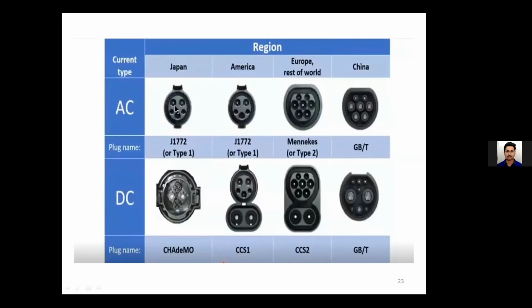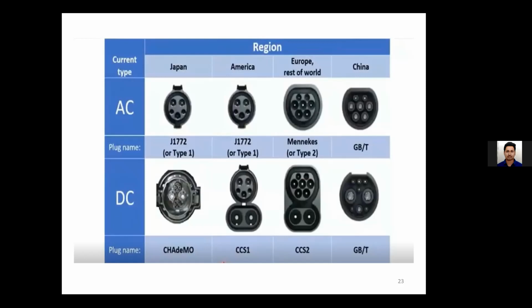One thing you can observe is more plug pins. Whenever we use a socket, we have 3 pins: phase, neutral, and a ground terminal. But here you can see more plug pins or outlets, because actually there are communication channels. The other pins, in addition to the phase and neutral, are communication pins. These communication pins play a role and help during the charging process.